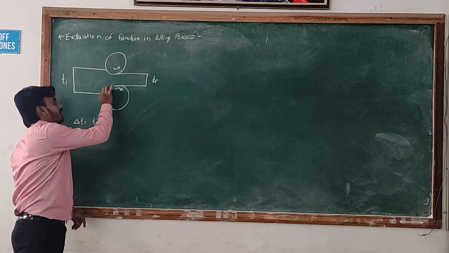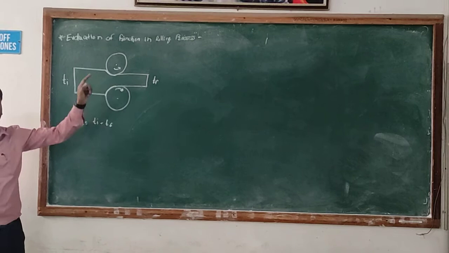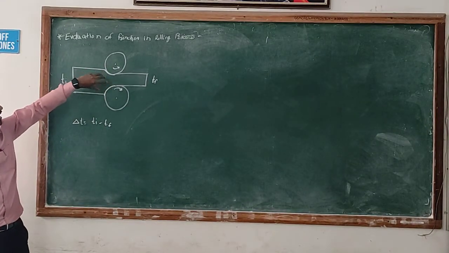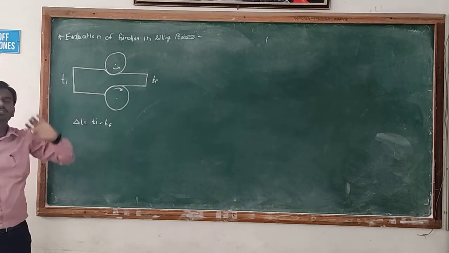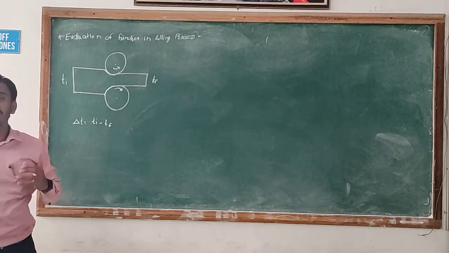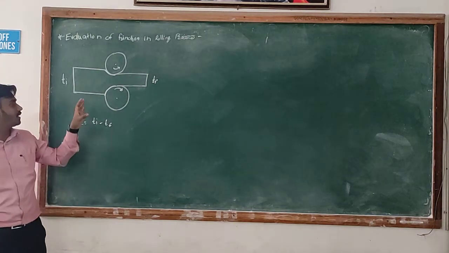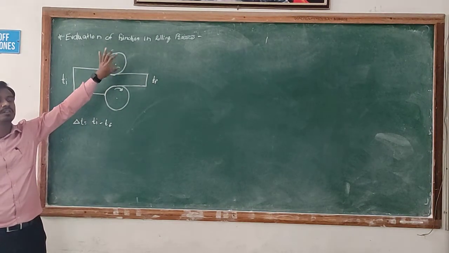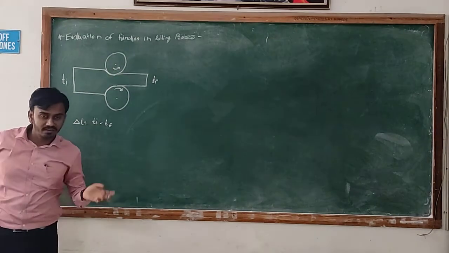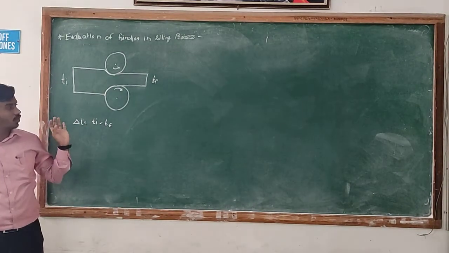When this material is passing through the roller, it has a contact here. This is the contact surface, and in that region friction is introduced because of the contact between the material and the roller. This friction depends on which type of rolling process it is, hot working process or cold working process. We will discuss this later, but we have to analyze how we can calculate this friction and how it will affect the power consumption.